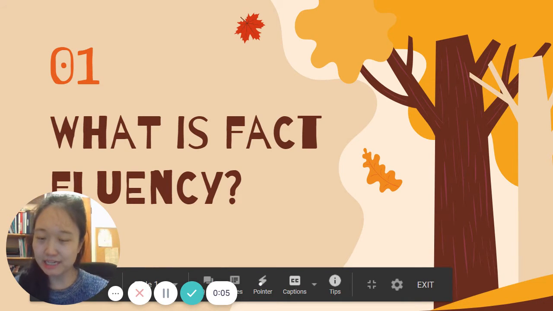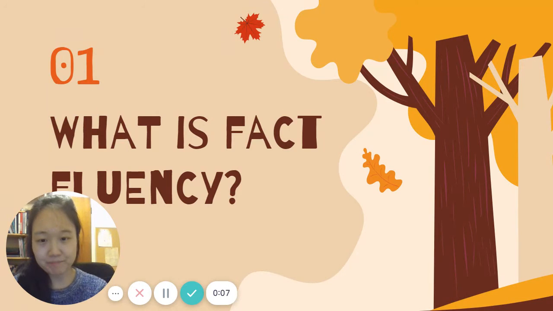Today's big question is, what is fact fluency? When I'm fluent with my multiplication facts, that means that I know the answer right away. Right now, in the beginning of the multiplication unit, you're using other strategies to help you find the answer, like drawing equal groups, skip counting, using repeated addition, even using your fingers to count. And that's okay, but by the end of third grade, our goal is for you to become fluent with all